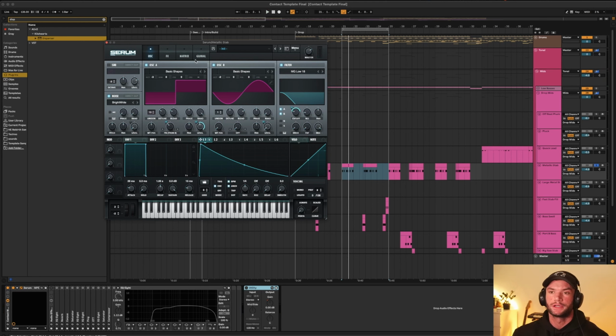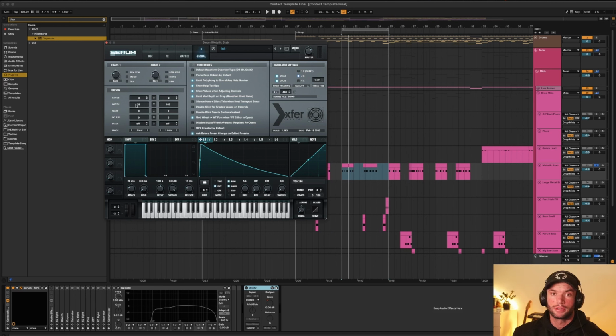So if we look at the oscillator page, you can see that the patch is pretty simple. Starting off with just oscillator A. It's just a square wave. It's up to 15 voices in the unison. Detuning is turned down slightly. And one important thing that we have going on here, we actually have the width pulled down to 39 instead